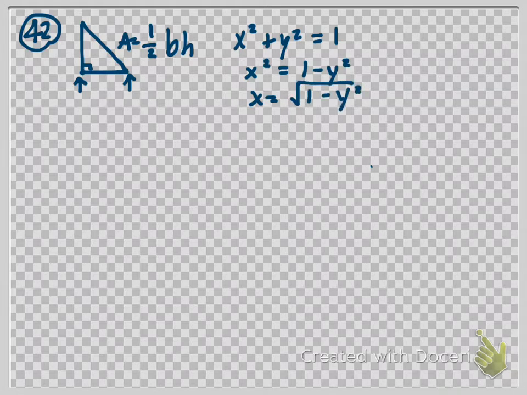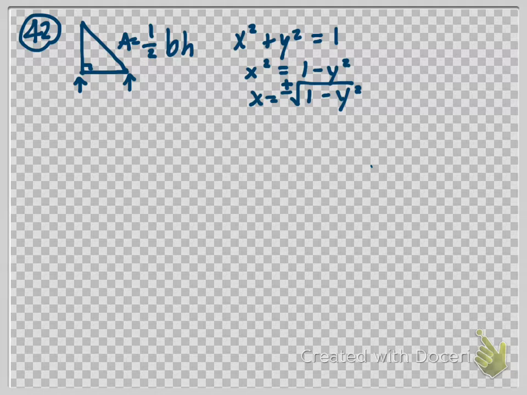Now, in this case, we actually have the plus or minus, don't we? Because that's the definition of the shape. So we want to treat this as two different functions. Well, if I'm thinking relative to the y-axis, and if you orient yourself thinking like you're standing with the y-axis in front of you long ways, like you're used to having the x, right? What's top? The positive one, yes? So it would be the positive one